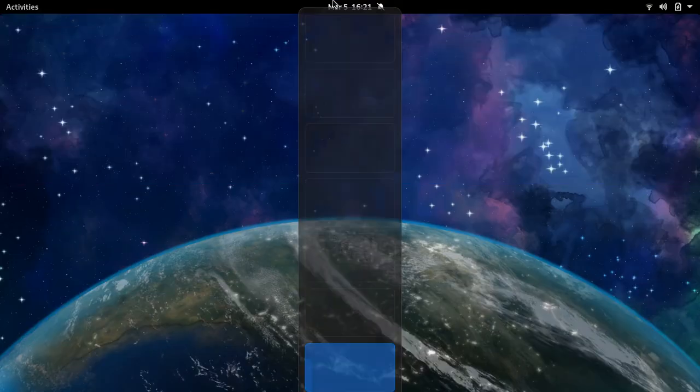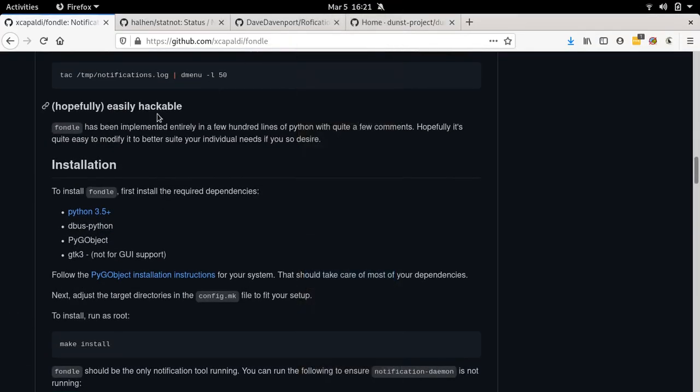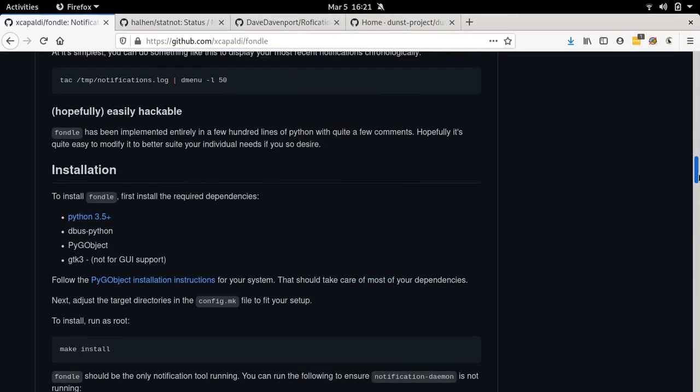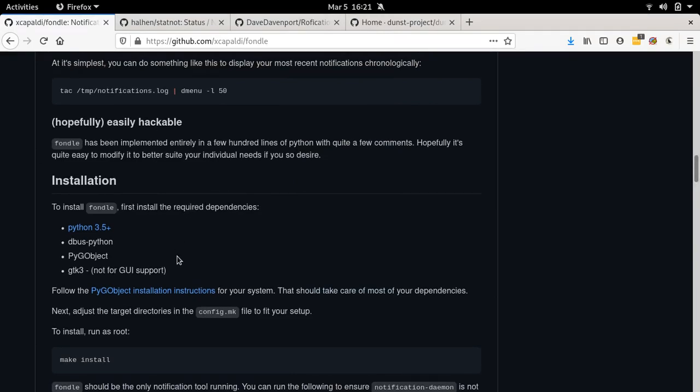I think I can go back to the browser, right? Give it a try. In my case, with this install of Fedora, I didn't even need to do anything, but it requires Python. It requires the Python package, right? Dbus Python. I recommend, in my case, whenever I'm installing a Python package, which is necessary for something running on my system directly, I just look for it in the repos. So Fedora has this in its package repository. I install it there. And you need GTK3, which in my case was installed by default, and